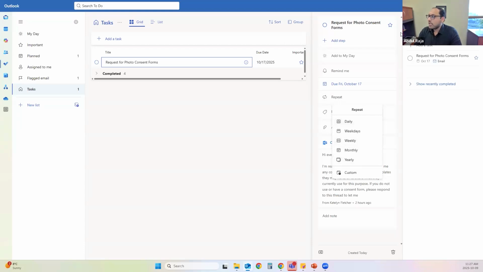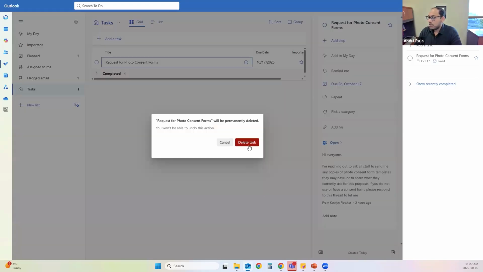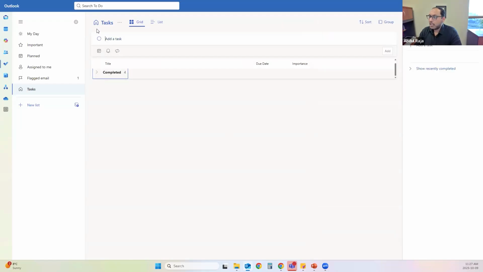Let's say there is a task. If I want to delete it, I can simply click the delete button over here, and that deletes the task. Now, if I want to add a task, okay, check